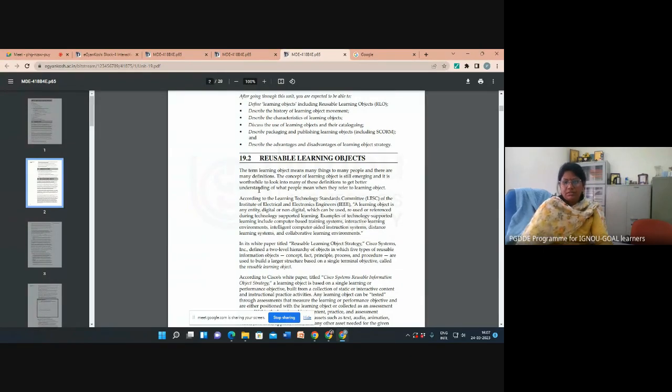Suppose I want to develop a small component which can be called a learning object, maybe a small clip on, for example, photosynthesis. How is photosynthesis happening? I can write that photosynthesis happens on the plant leaf, and the plant requires sunlight and water.